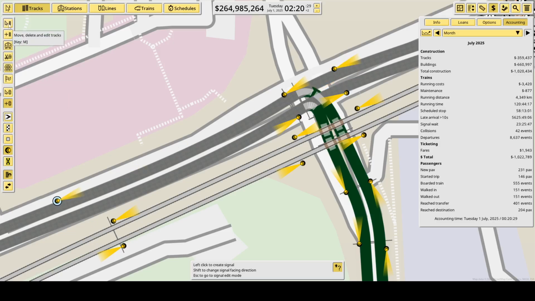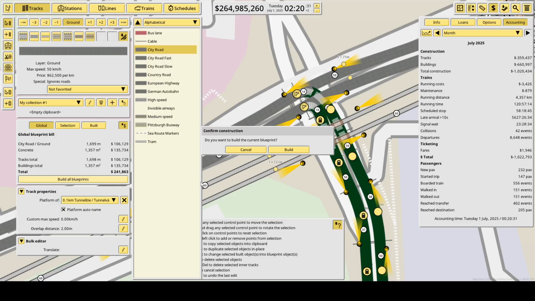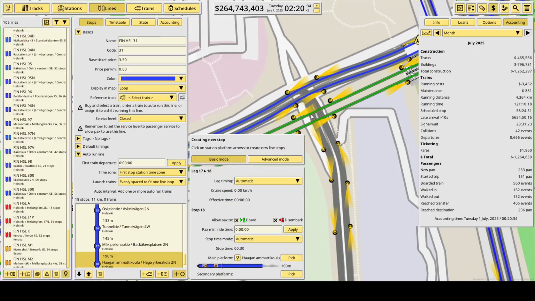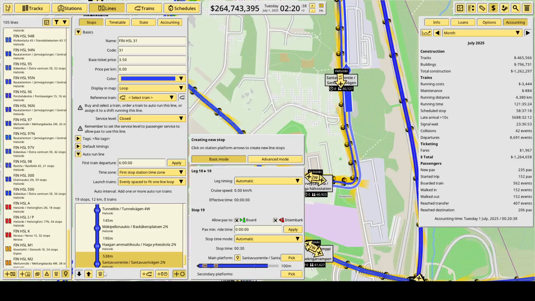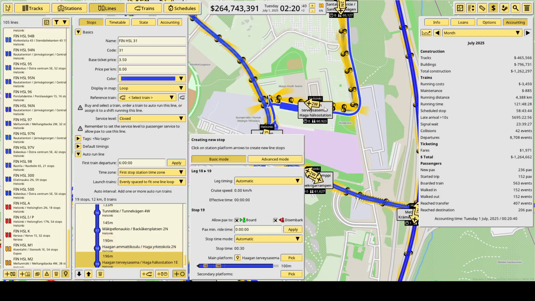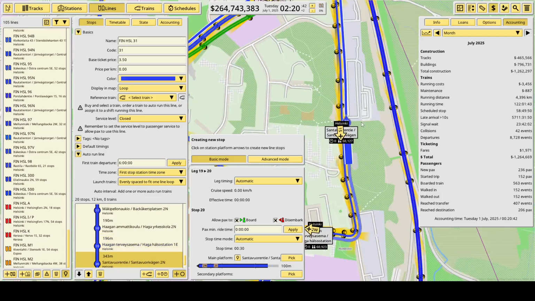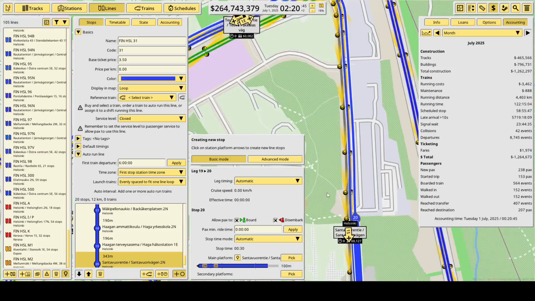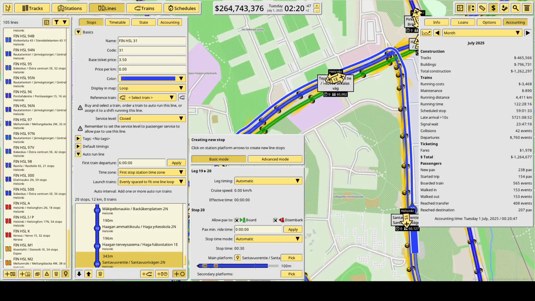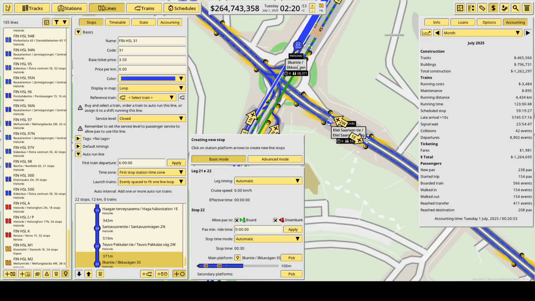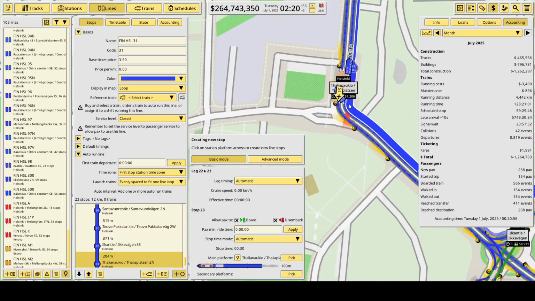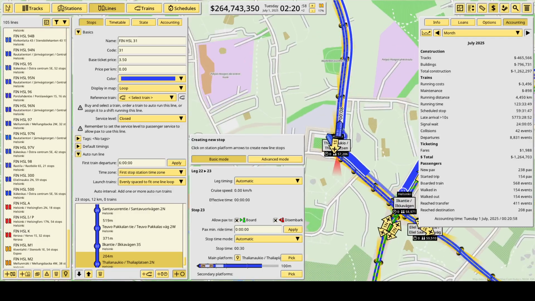So there, and build all of the blueprints, and once again let's add it to line. So, oops, nope, that's not the case. So we'll stop at the healthcare station and at Santavuoren tie, at Teuvo Pakkalan tie, at is that Ilkan tie, and then we'll turn right to Thaalianaukio. From Thaalianaukio,